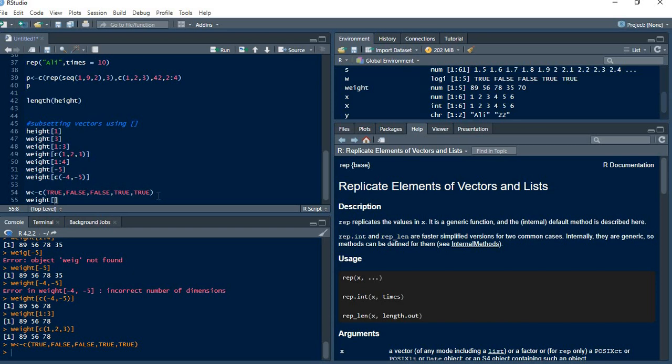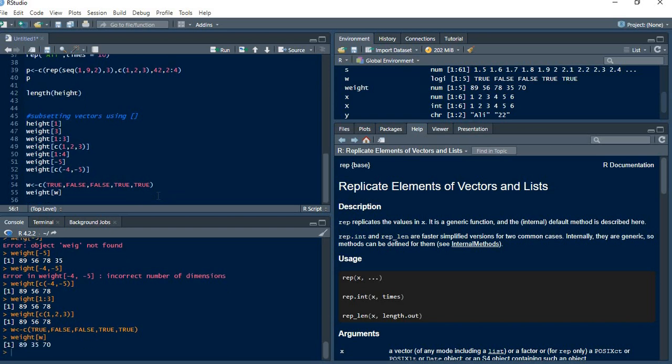Then in the square bracket, now I pass the vector that I've created, the logic vector. So when you run that, you realize you only have 89, the first one, 35, the 4th, and 70, the